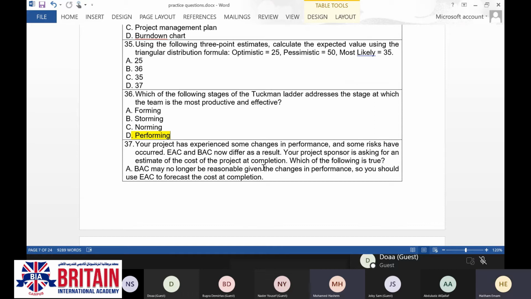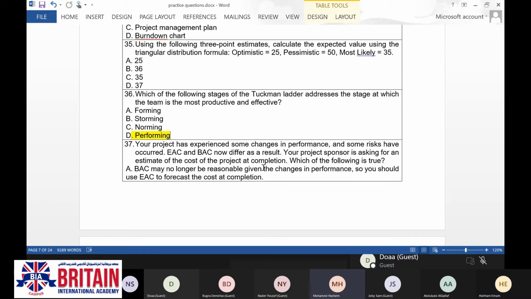Since this has changed now, the estimate at completion is the one that I'm estimating based on my performance to date and my forecast or my estimation to the future until I reach the final estimate at completion. So this is the main difference.